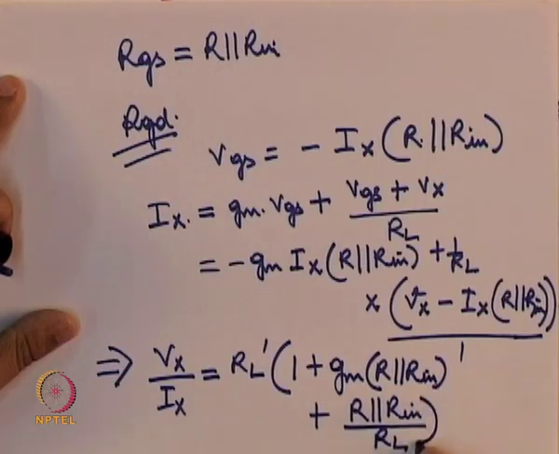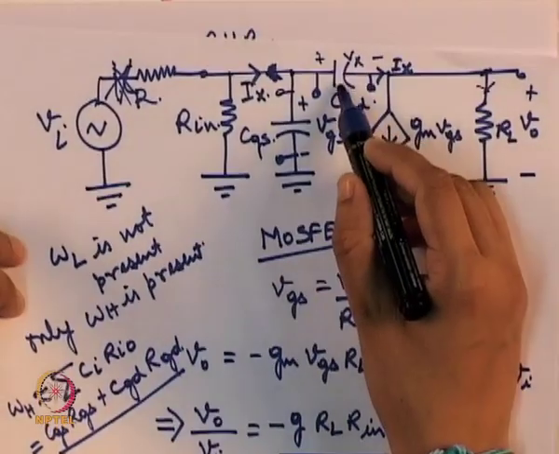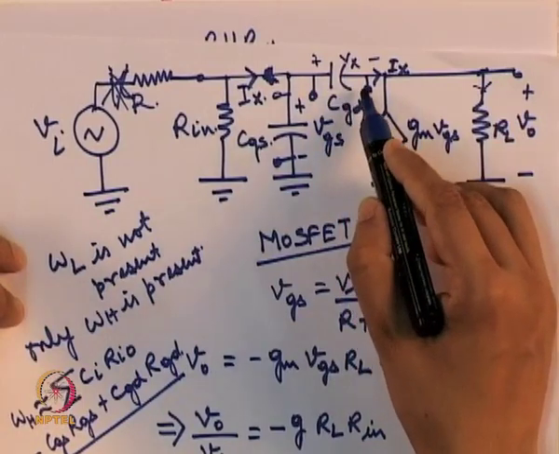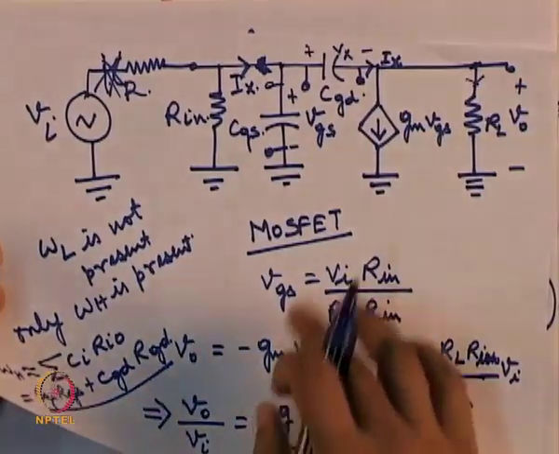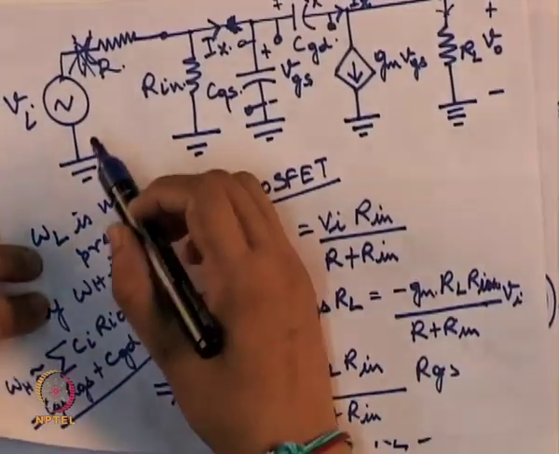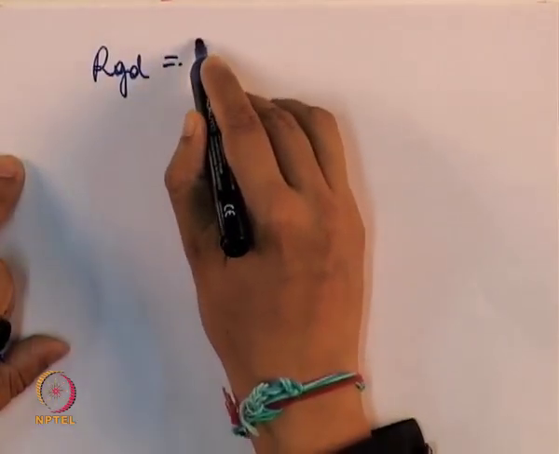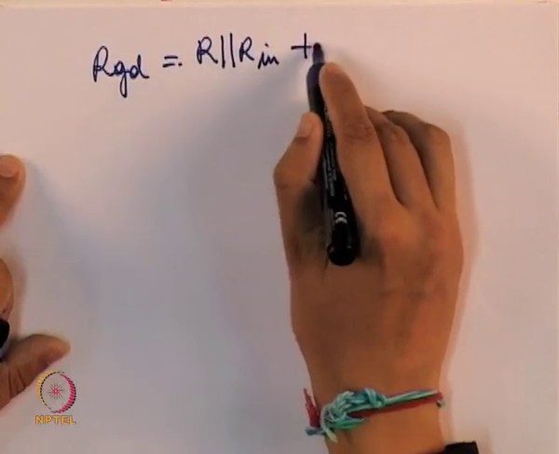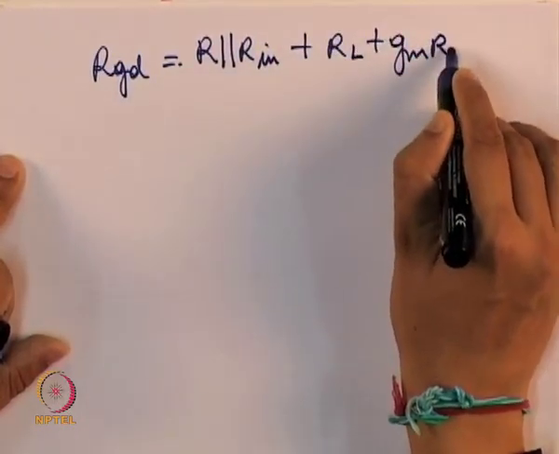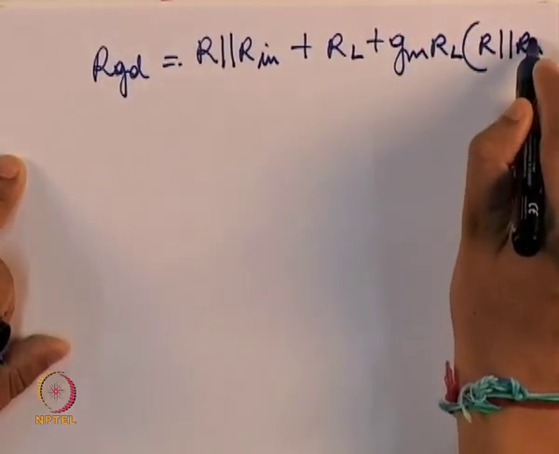and this is equal to our RGD, isn't it? Vx upon Ix is the equivalent resistance across CGD with CGS opened and all independent voltage sources shorted, all independent current sources opened, not the dependent current sources. So then this RGD comes out to be, if we simplify the previous expression a bit,